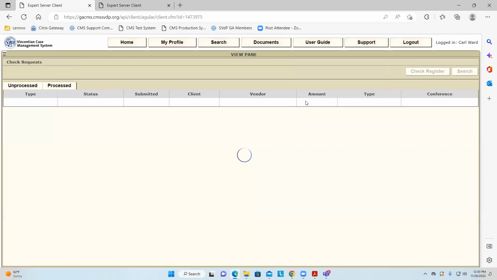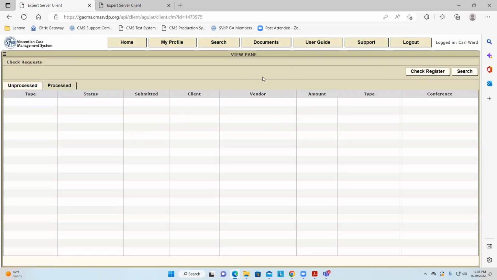So if you go back to your check request, we worked all the requests that were sent to us. Here is one place where I was going to stop and ask for questions before I move on to the next section, which is going to be the check register. That's where the treasurers live, between the check request and the check register. So any other questions on approving requests?